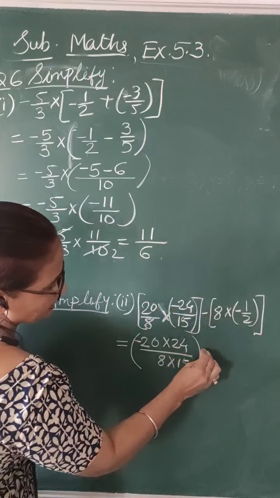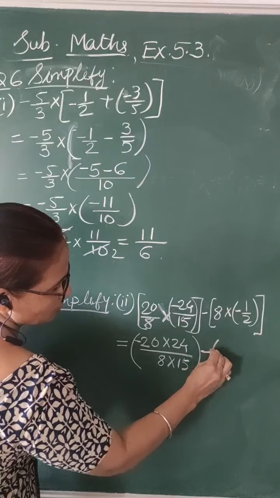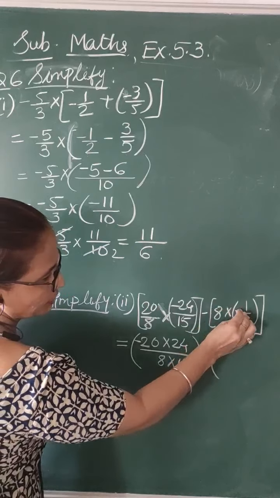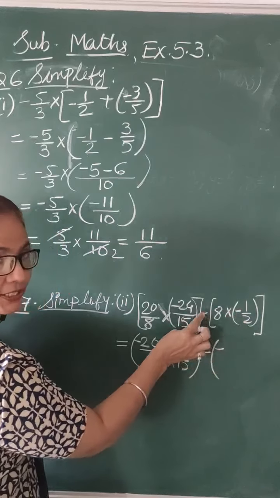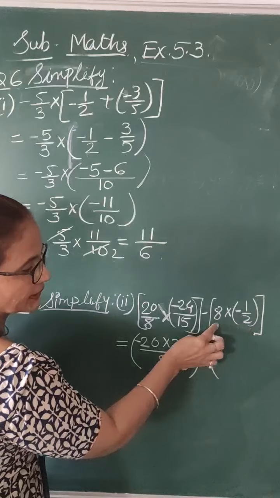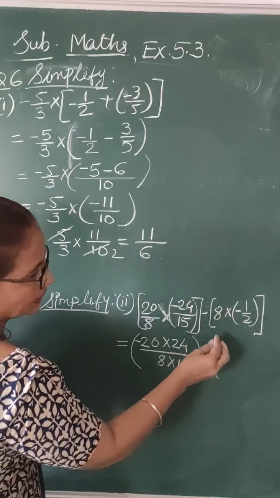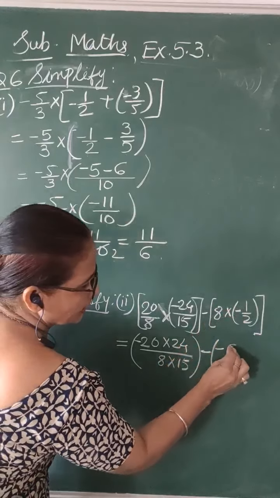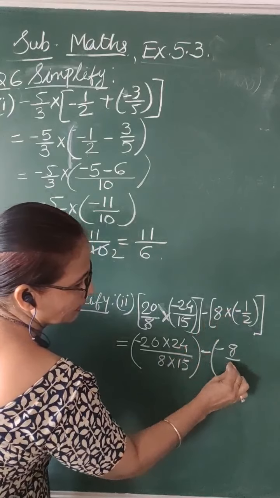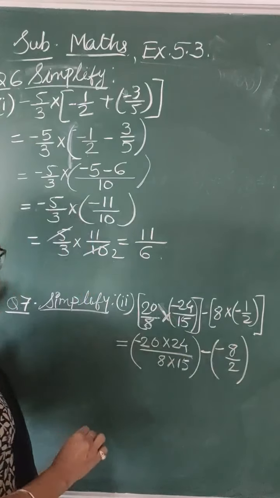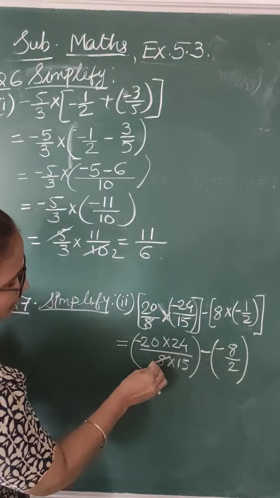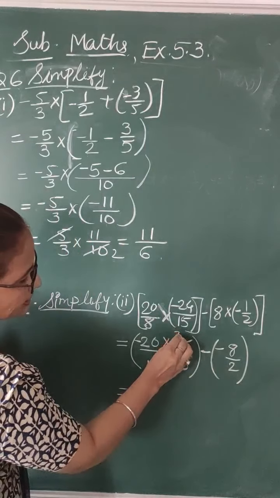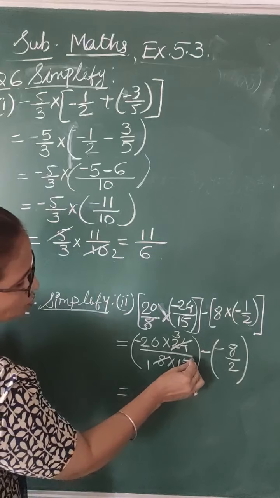This minus is as it is. Now simplify this, plus into minus is minus. Remember children, you will not simplify this sign directly. Simplify the bracket terms along with the sign. And 8 into 1 is 8 by 2. This you got. Okay, now let's see. Here can you simplify? Yes. 8 1s are 8. 8 3s are 24. This also you can simplify.